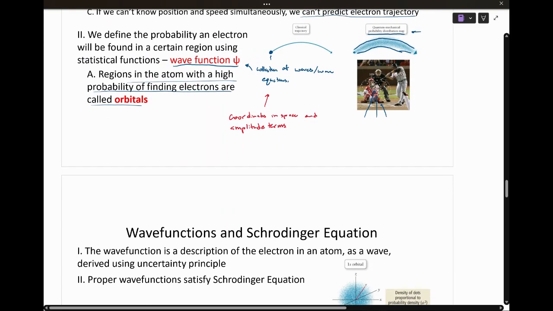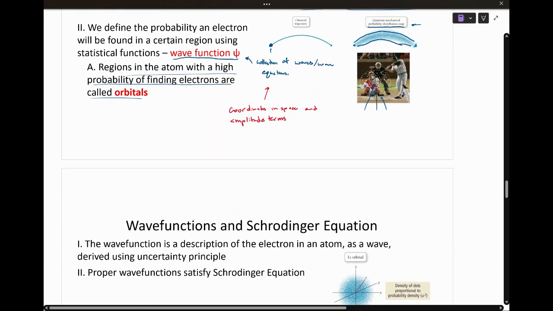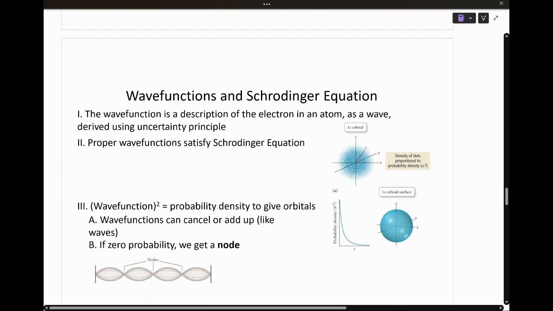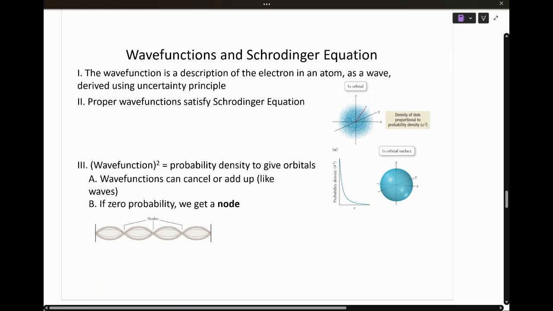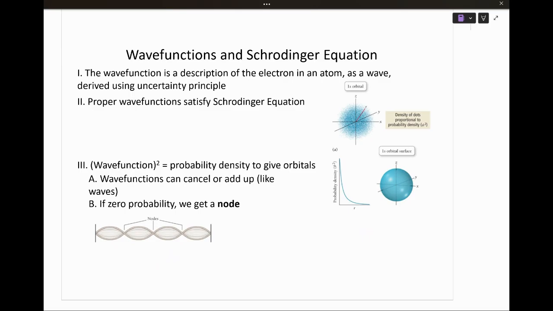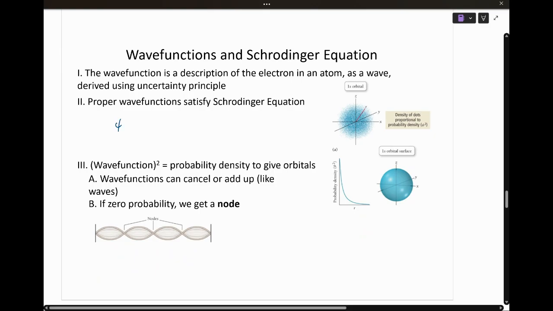Okay. So now let's talk about this wave function. And I said that the wave function, this collection of amplitudes and coordinates in space, they help us describe the electron in an atom as a wave, and it's derived using the uncertainty principle. And a proper wave function will satisfy something known as the Schrödinger equation, where we take that wave function,